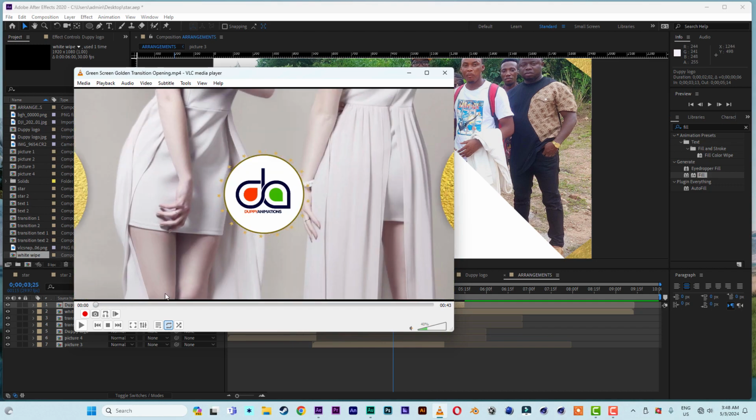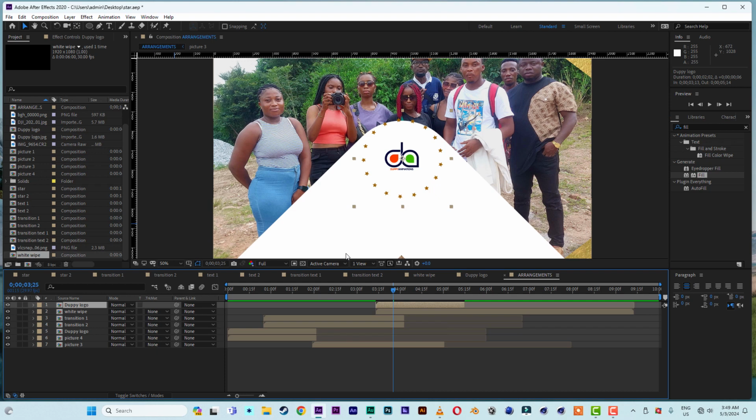So the thing here is this. When I was doing this, I did not merge the star and the logo. I did them separately here, so that I can off the logo and leave only the stars. But in what I'm doing here, I've combined the star and the logo. So for something like this, not to create a bit of confusion, what I'm going to do is